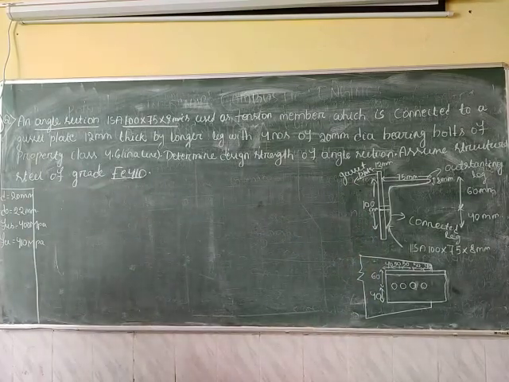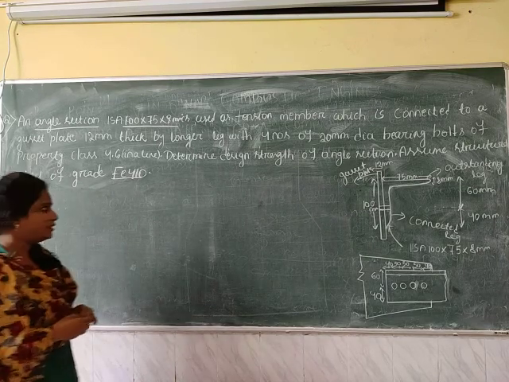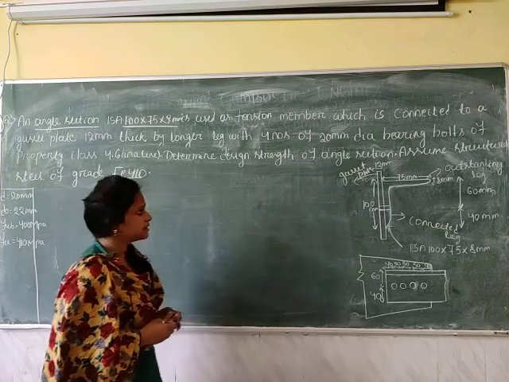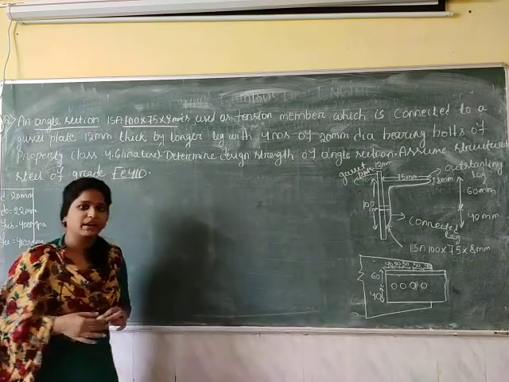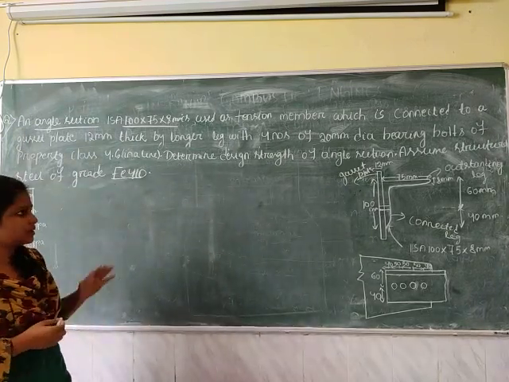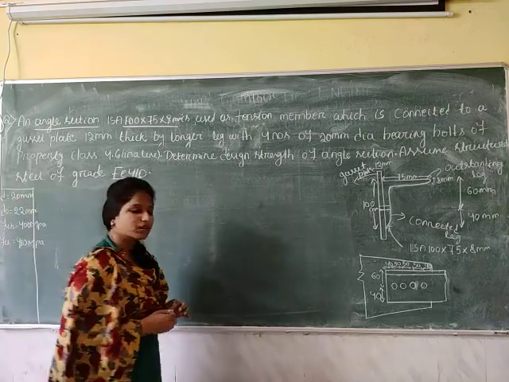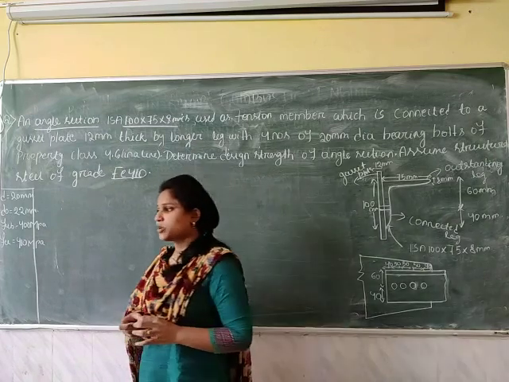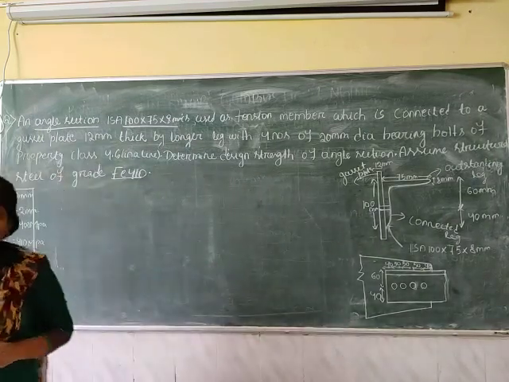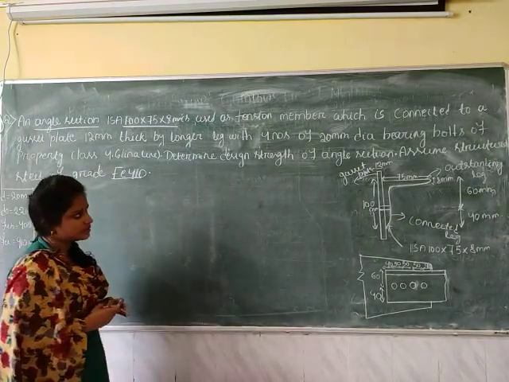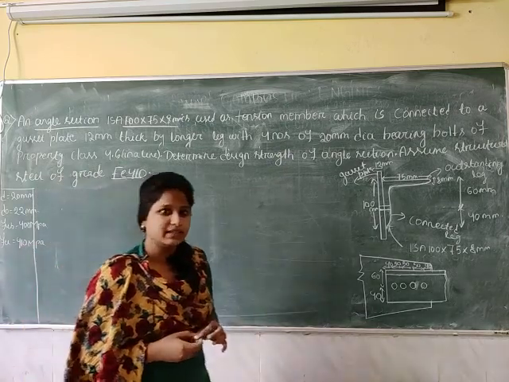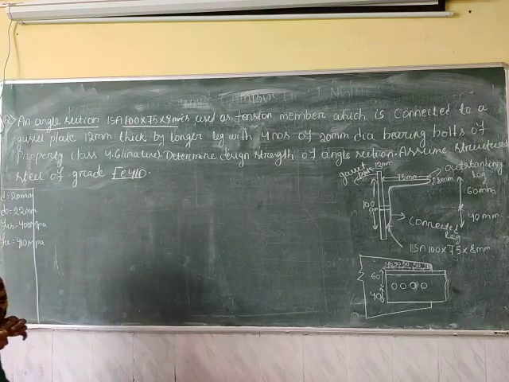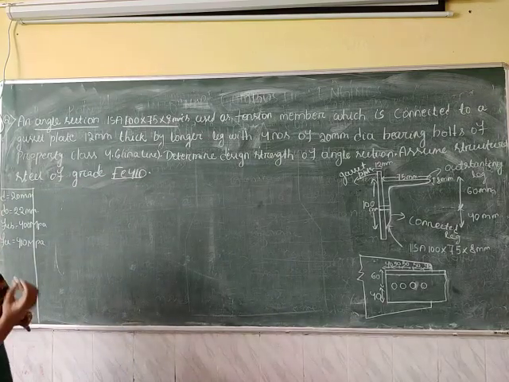So it is asked to determine design strength of the angle section. So here, as the angle section is used as the tension member, the design strength of the tension member depends upon yielding of the gross section, rupture of critical section and block shear strength. So we need to calculate yield strength of the gross section, rupture strength of the critical section and block shear strength. Okay, then we will take the minimum value as the design strength of the tension member. Okay.